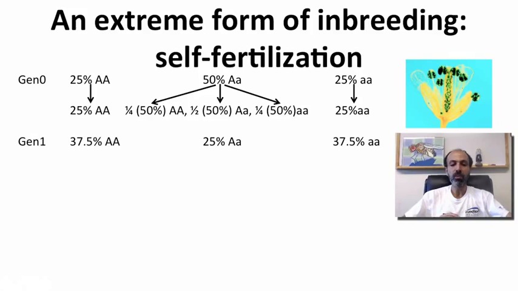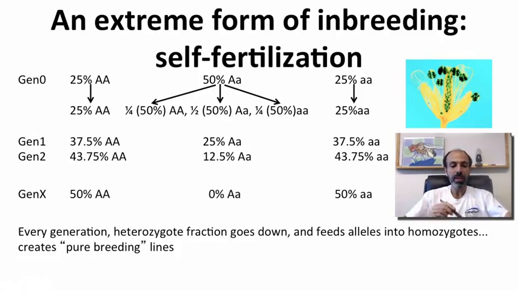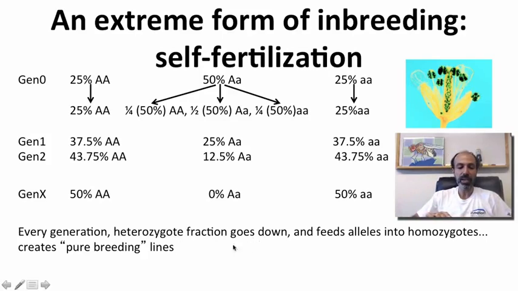Now we can iterate this over more and more generations. So now we have, again, fewer heterozygotes, more of these two homozygotes, until in the very long term, what do you expect? If you just keep self-fertilizing over and over again, what do you think will happen? That's right. You'll have all big A's or all little a's. Essentially, inbreeding, and particularly self-fertilization, but any form of inbreeding, eliminates heterozygotes. If you do it for a very long period of time, there will be no heterozygotes left. Every generation, the heterozygote fraction goes down, and you essentially create these pure breeding lines of big A or little a.